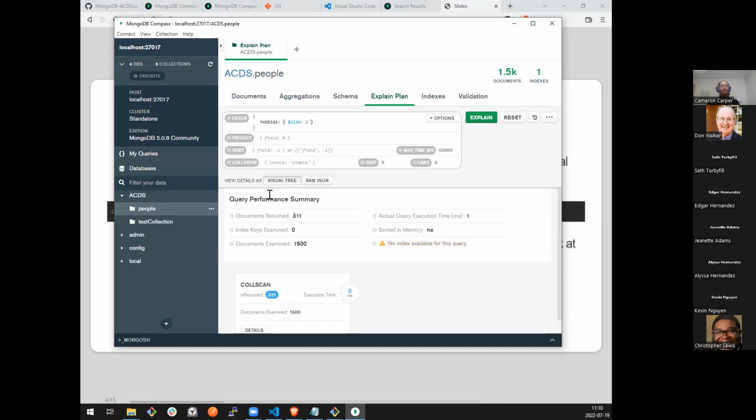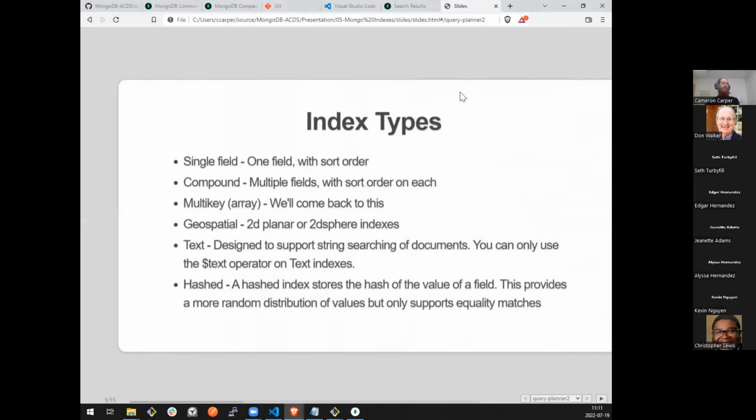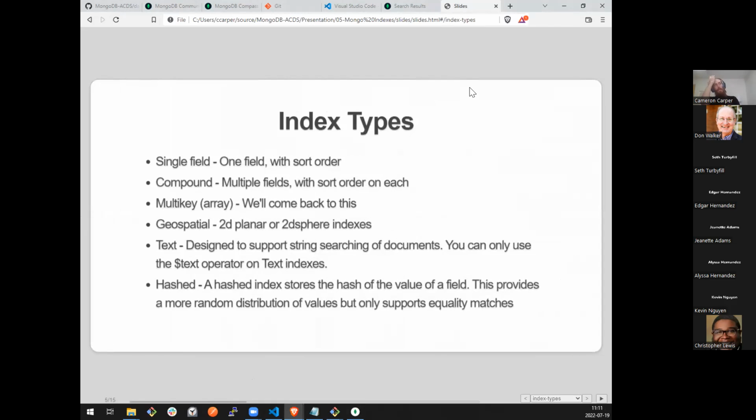You can see up here in our query performance that it had to look at every single document in our collection, all 1,500 of them, which is what col scan means, that it had to scan the entire collection in order to determine the result of this query. And after we talk about the types of indexes we can have, we are going to add an index to that collection that will help speed up our times. And we'll definitely do it on ID, but age was already there.